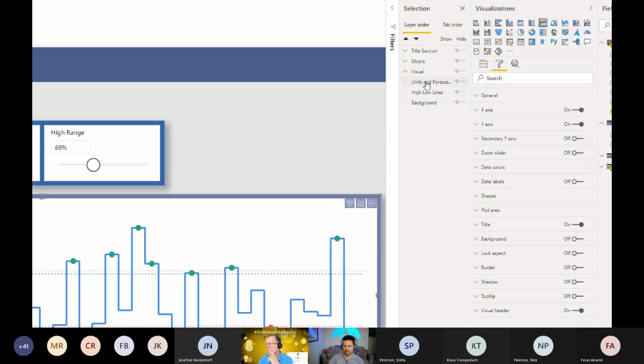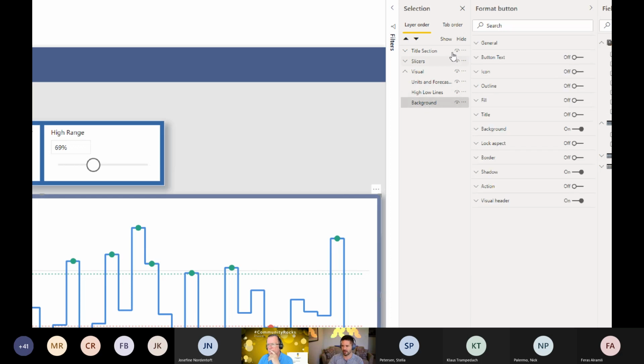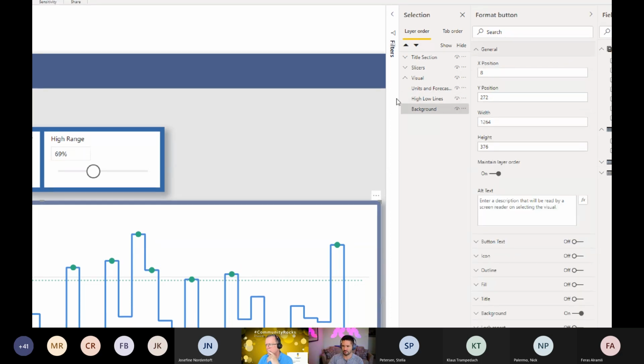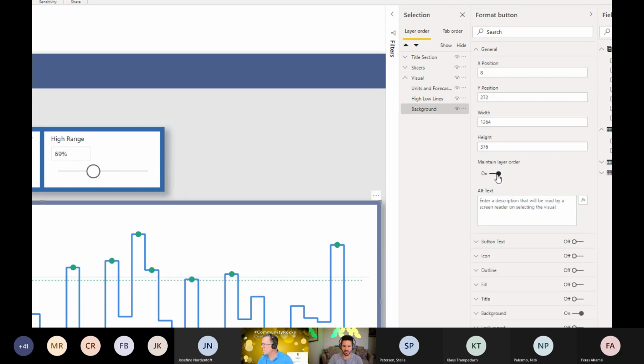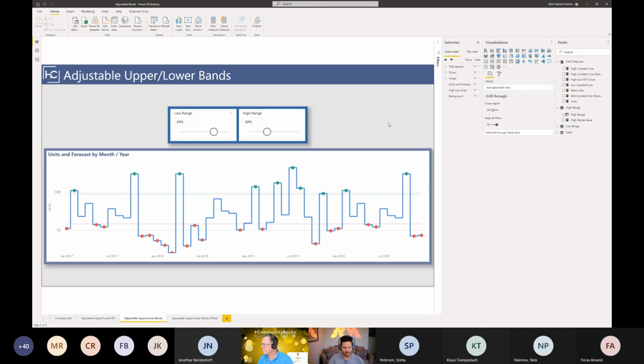It does not have to be done for the items in the front, because they're already the frontmost visual. It's just the items in the far background that require that to be toggled. You can toggle it for the other two, it's just not going to do anything. But it's just one consideration to have: if you ever layer visuals, for anything that's not the very frontmost visual, just make sure that the other two have that maintain layer order turned on.